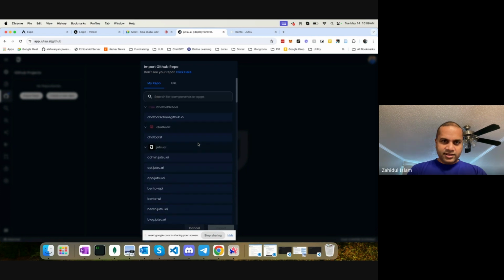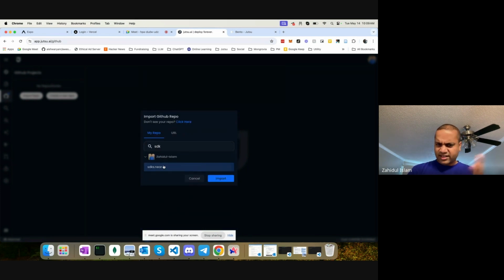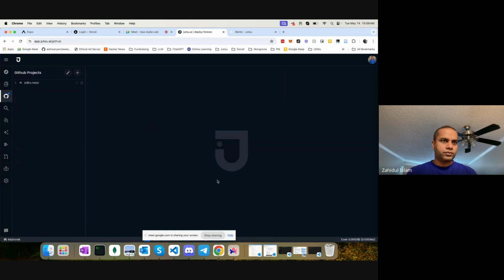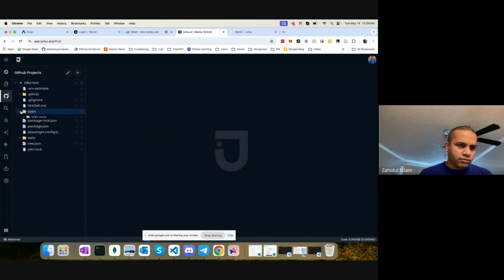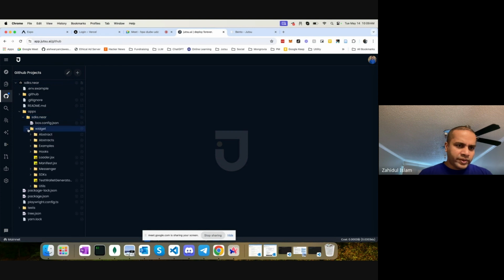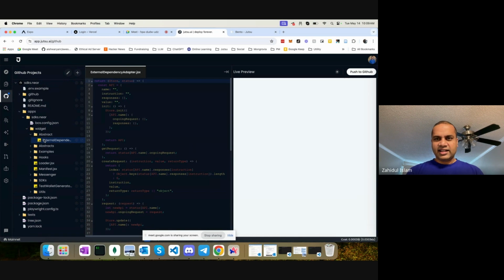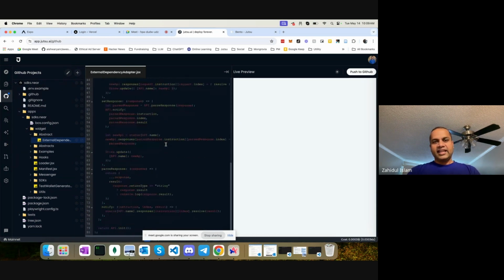I think this SDK is one of the projects where it has Boss components. Then you can open those widgets, and literally you can work from here and then push your changes to GitHub.